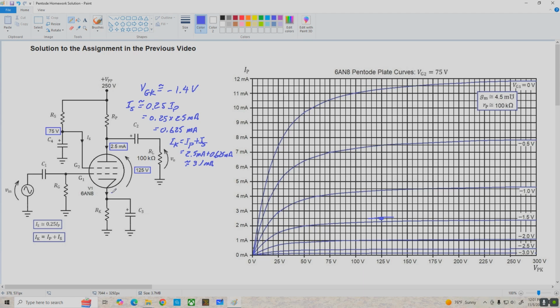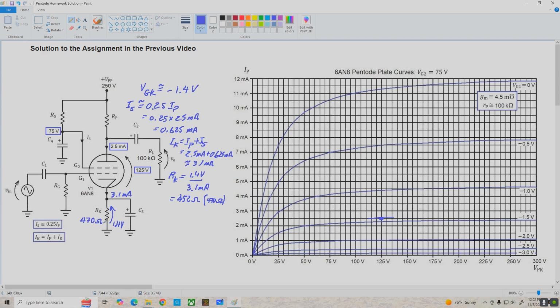So let me fill that in here, 3.1 milliamps, and we're after a voltage drop of 1.4 volts across R sub K. So now we can determine that value. R sub K is 1.4 volts divided by 3.1 milliamps, and that's 452 ohms, and we have a pretty close standard value of 470 ohms, so let's go with that,